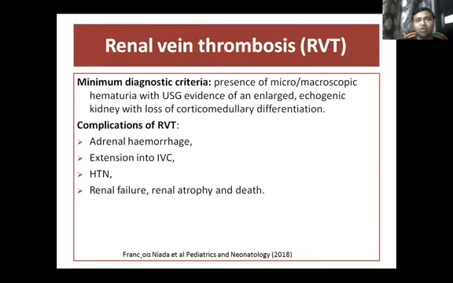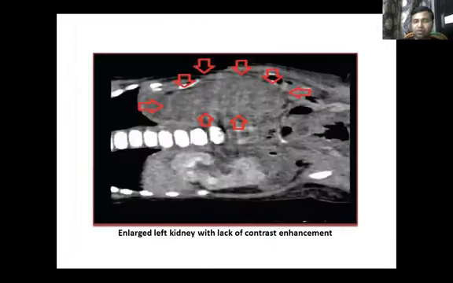So once we know how we have to diagnose, the minimum criteria is micro or macro hematuria, or an abdominal finding of an enlarged echogenic kidney with loss of corticomedullary differentiation. That is the minimum diagnostic criteria. The complications, already mentioned, are adrenal hemorrhage, extension, hypertension, renal failure, renal atrophy or death. So this is the picture showing the left kidney with a lack of contrast on the left